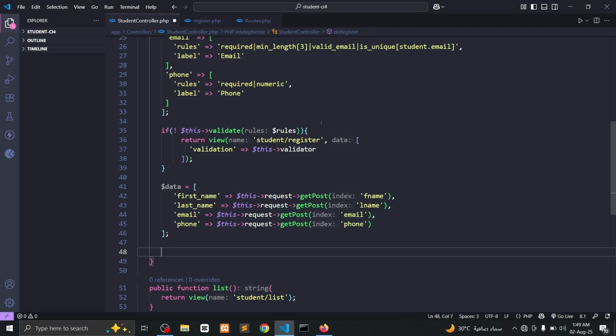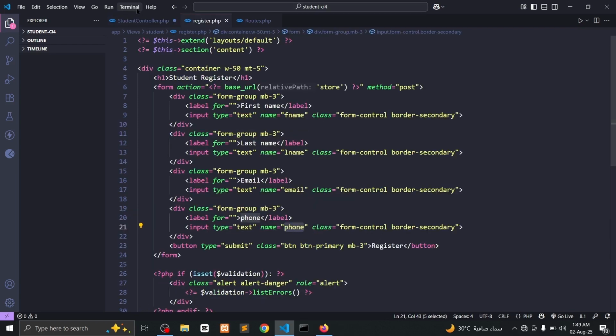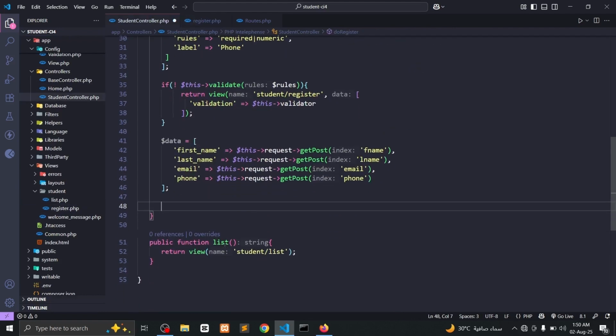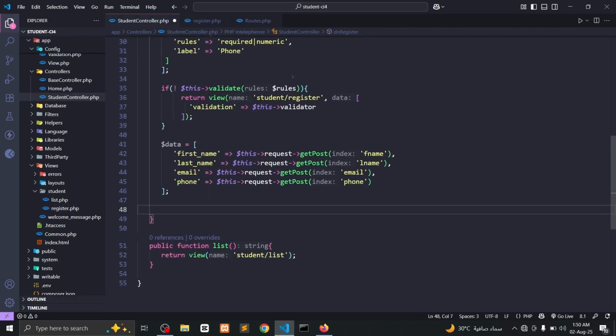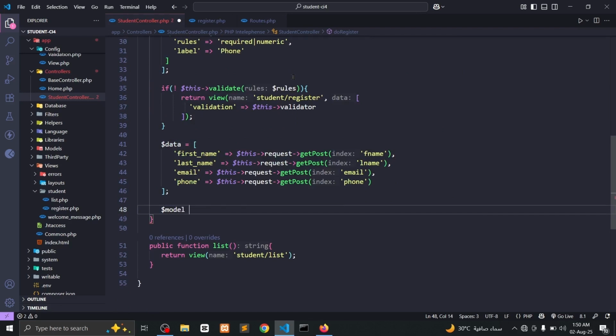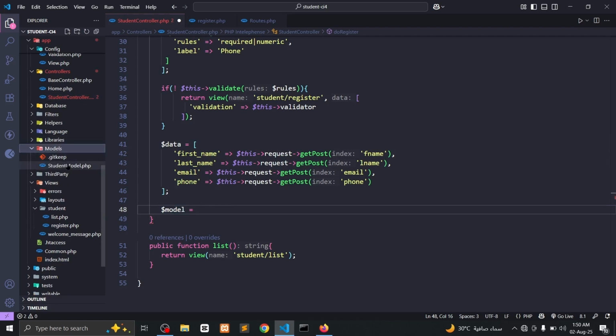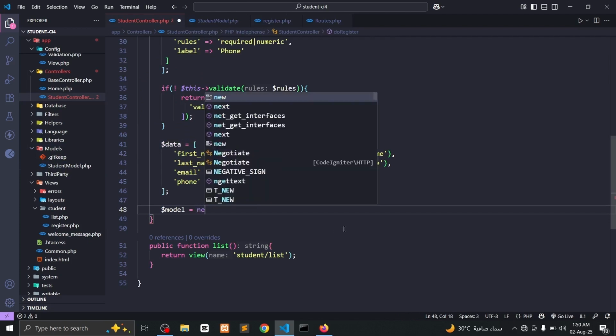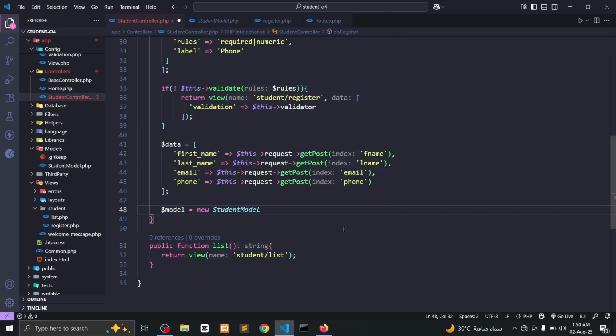We take that data from these inputs so that we need only to store that data. I make a new instance of the model. It's a variable that stores the model. Copy the model name, new, paste,